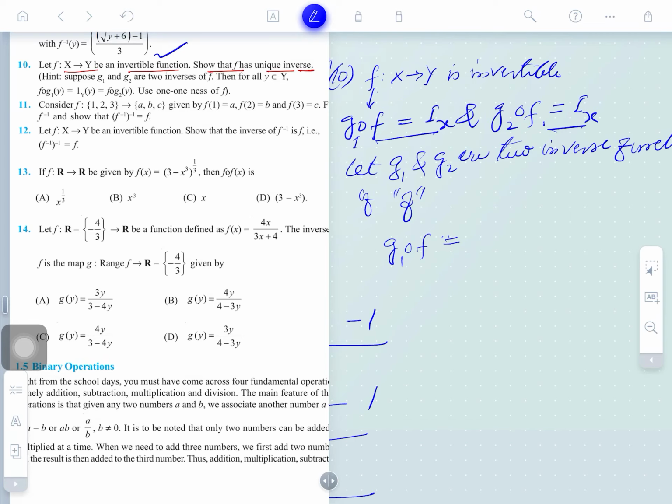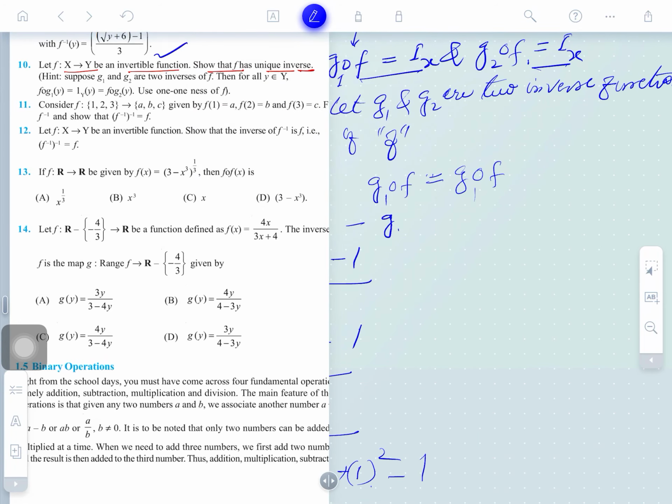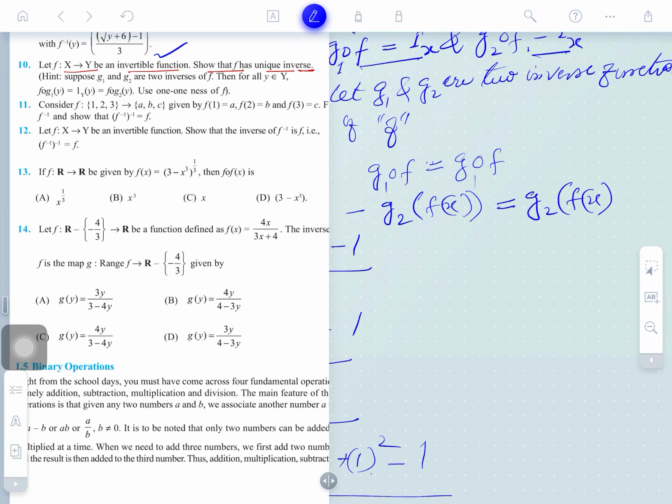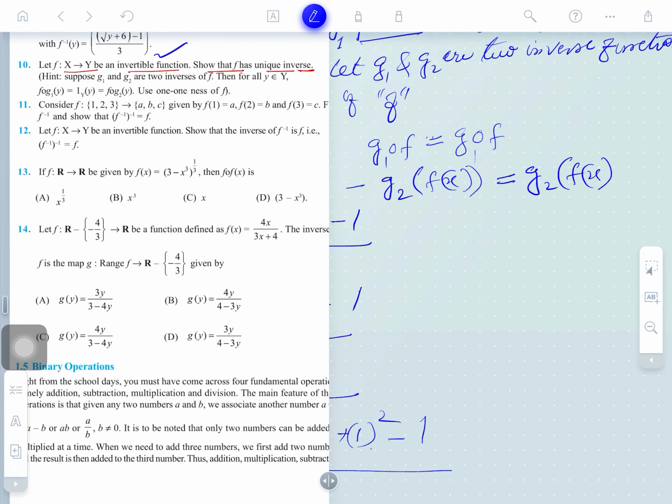You may understand here. Uniqueness further is to be taken as G2 of f of x. So what we are taking here, this G2 can also be taken here. The domain is the same here. Is that clear? So what we will write down here, wait a minute please,